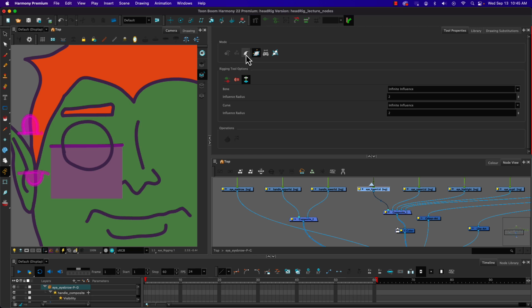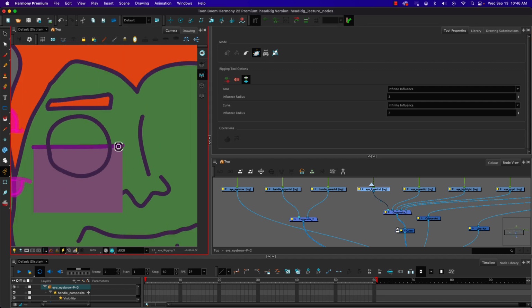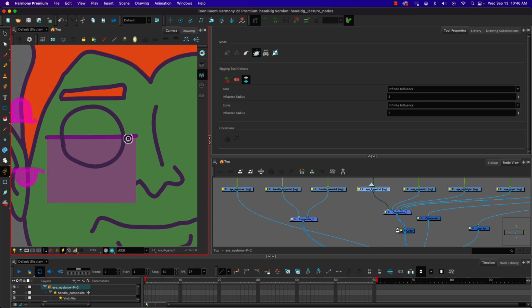The two most common ones we make are a curve deformer or an envelope deformer. So we'll look at doing the envelope deformer for the eyes, and then we'll do a curve deformer for the eyebrow to see how we can work with that. When we're setting it up, we have the artwork layer selected, we have the rigging tool selected, and the way that it works is if I just click,